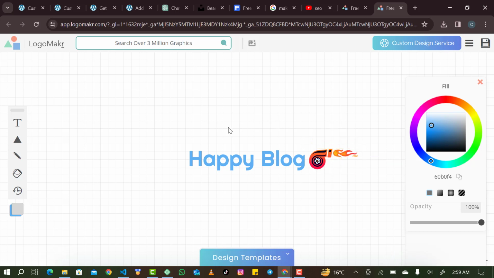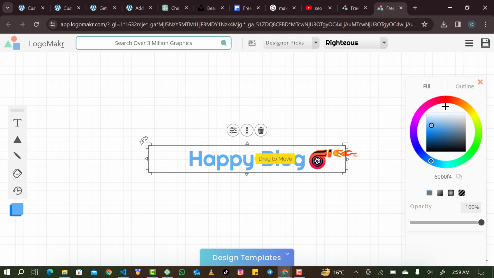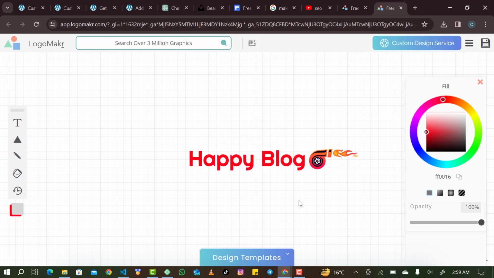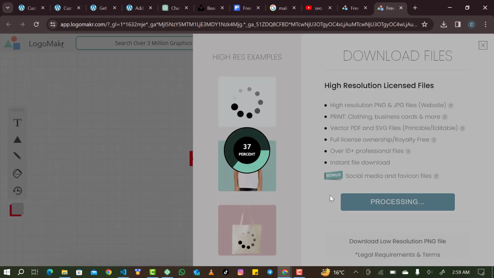Okay, so I want to change this to something red. So just select it like that, right? So you're having everything looking. So let's say this is what we want, happy blog, and you just click on this place you see, save. So once you click on save,